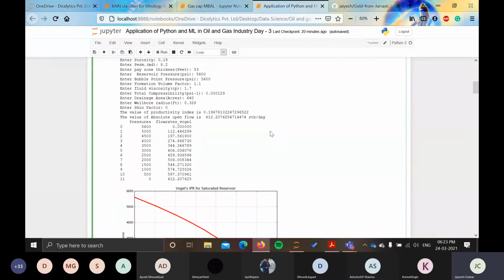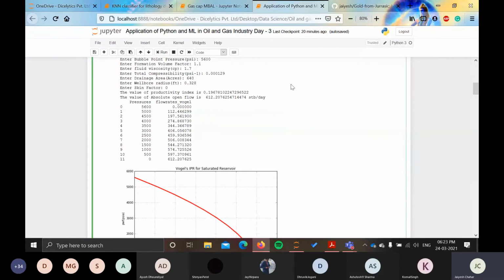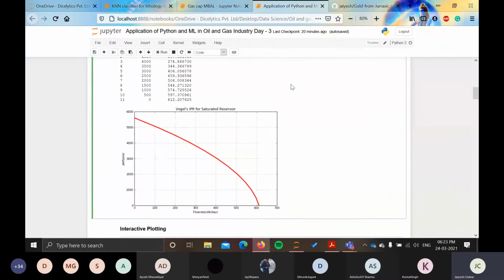I will tell you how to make an interactive plot in the next step. So you can use the knowledge of Python and that interactive plotting for predicting future IPRs. I have done this earlier, but I haven't included that in this notebook. But you can do that also. Maybe this will be a good project for you for starting to learn Python.